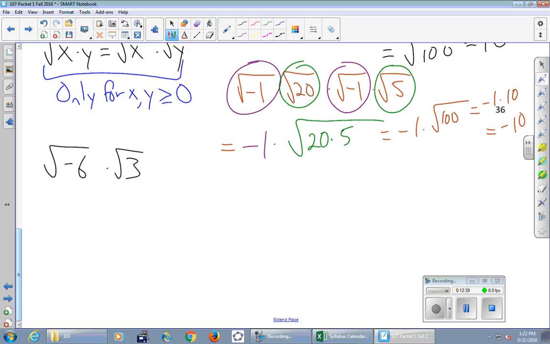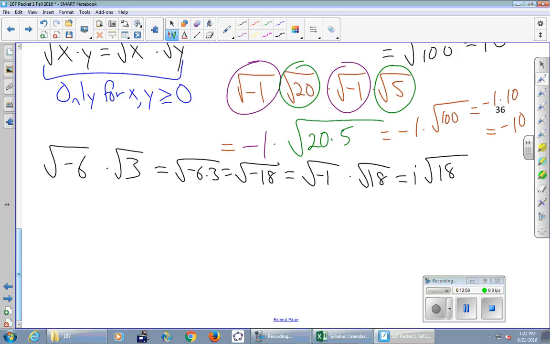Okay. All right. So if we try it the potentially dangerous way, what do we get in here when we push them together under one roof? Square root of -18, and then we see that negative, and then we play our game. Always got to do this, right? -1, positive 18. So that becomes I root 18. Okay, so maybe, I mean, we tried the thing, which is sometimes a lie.